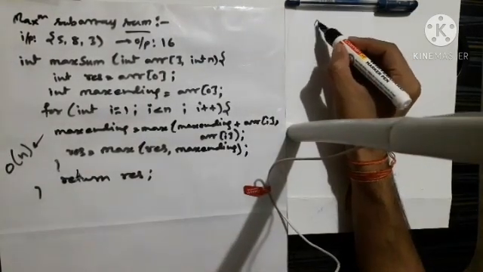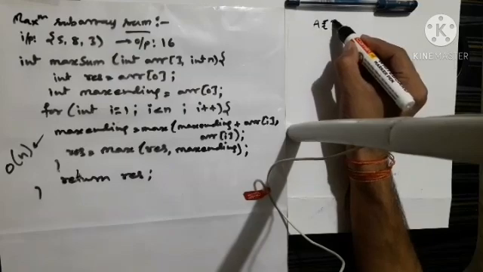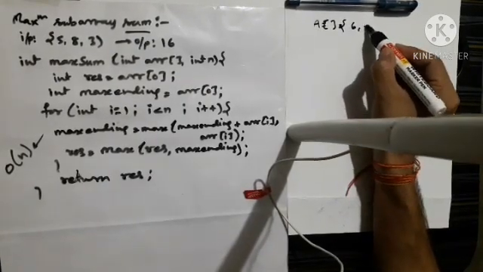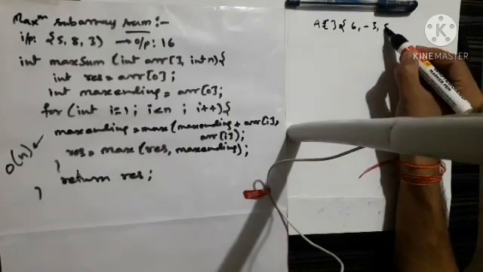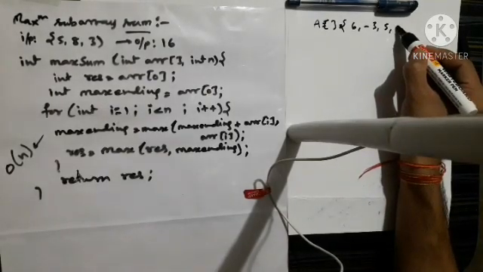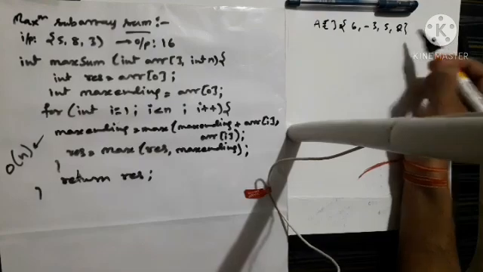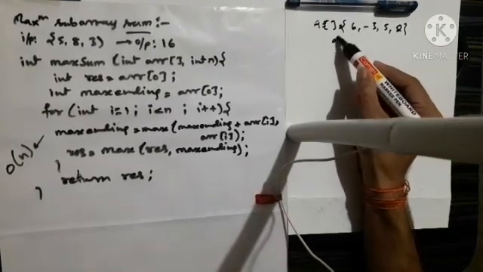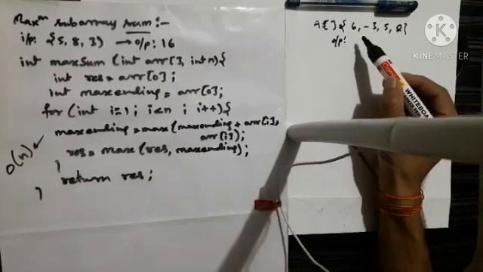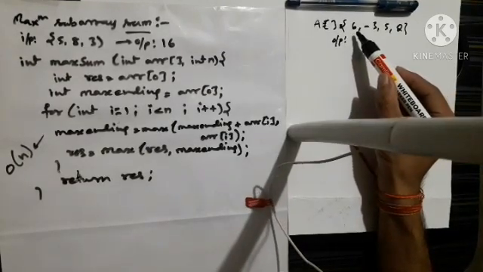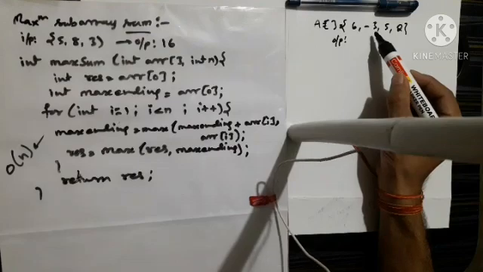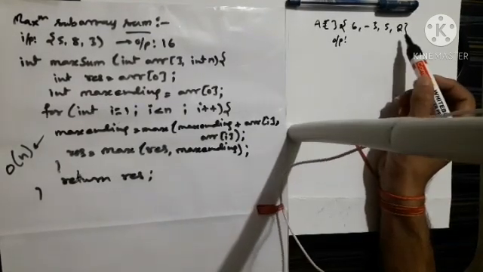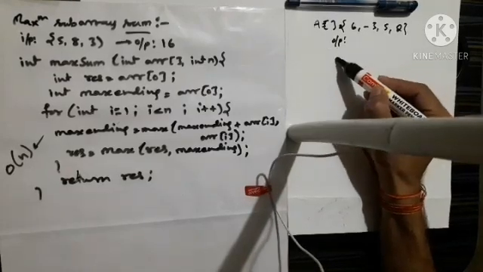Okay, so say that we are given an array, and say the array consists of 6, minus 3, 5, and 2. ओके, सो इस एरे में से अगर हम लोग सब एरे देखें, इसका आउटपुट देखने की कोशिश करें तो क्या निकलेगा? If we consider 6 and then add it with minus 3, we get 3, plus 5, that is 8, plus 2, 10. Okay, so one possibility is 10.